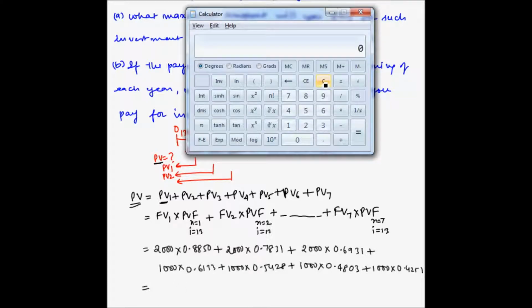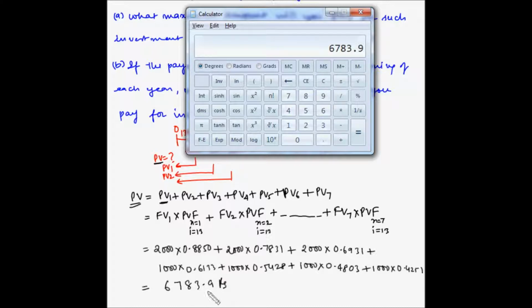Now let's calculate. So 2000 into 0.8850 plus 2000 into 0.7831 plus 2000 into 0.6931 plus 1000 into 0.6133 plus 1000 into 0.5428 plus 1000 into 0.4803 plus 1000 into 0.4251. So the answer is